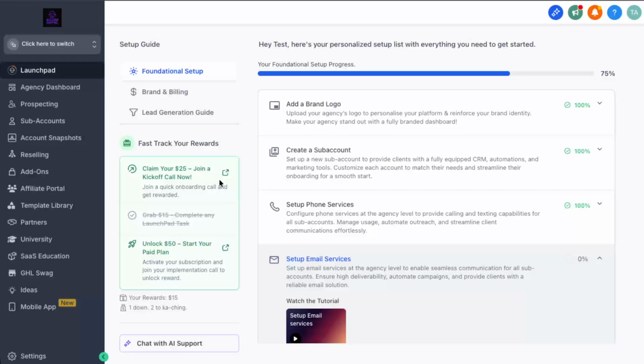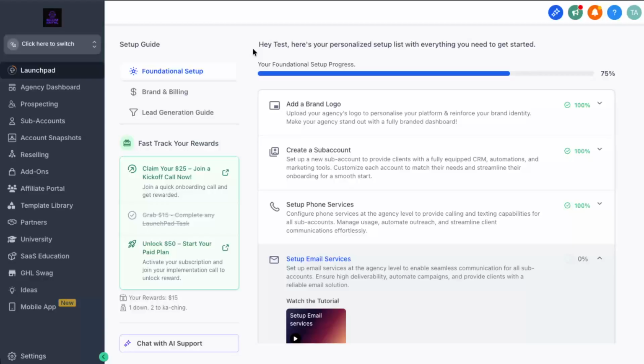In today's video, I'm going to teach you how to create, share, and edit snapshots in GoHighLevel. Snapshots are essentially templates of an entire sub-account. They let you duplicate funnels, workflows, settings, and other assets so you can quickly spin up new accounts with the same structure. This is especially useful if you run an agency or you have a proven setup you want to